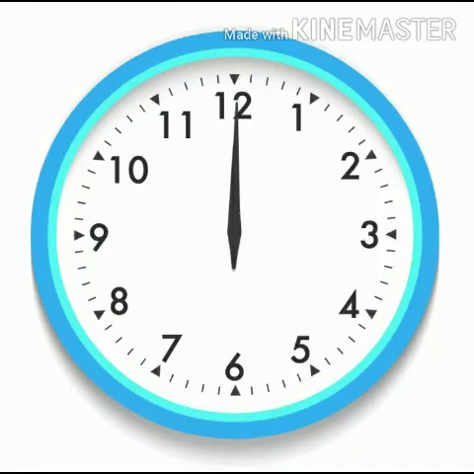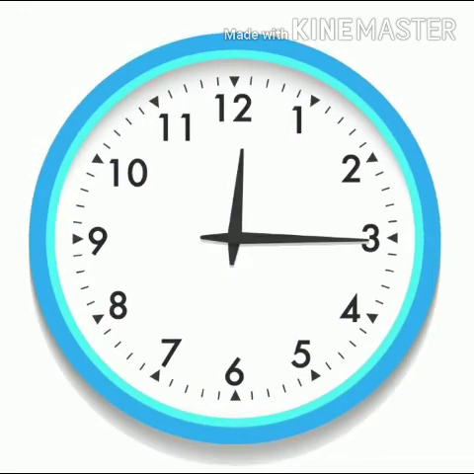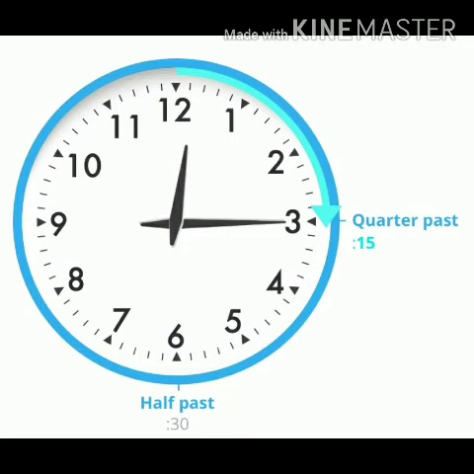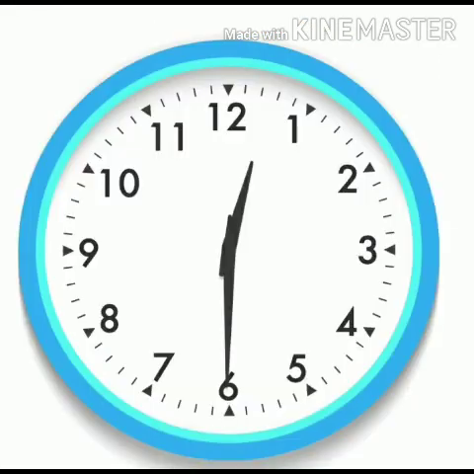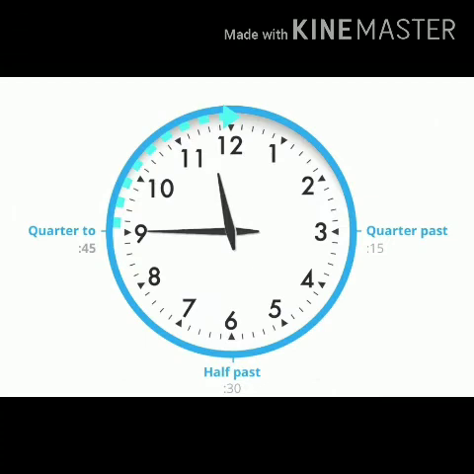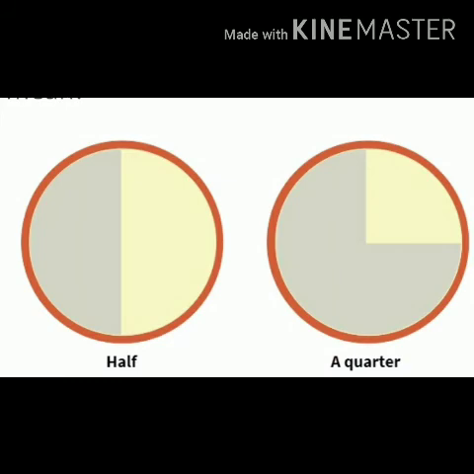Now let's see about quarter past and half past. Quarter past is nothing but the minute hand has moved a quarter way around the clock. Quarter past 1, 2, 3 are all ways of describing 1 hour 15 minutes, 2 hours 15 minutes, 3 hours 15 minutes, like that. Quarter past is when you split something into 4 equal parts, each part is a quarter of the whole. Then half past: the minute hand has moved halfway around the clock. Half past is when you split something into 2 equal parts, each part is half of the whole.